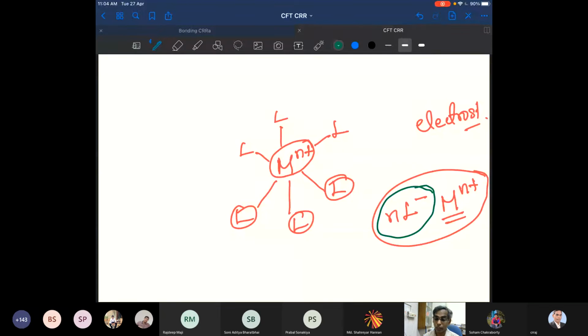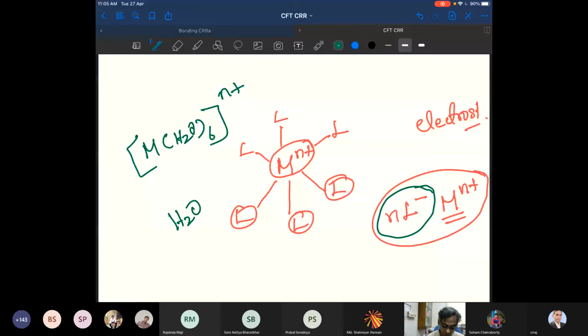Okay. So does it mean that all the metal complexes are electrostatically bound? We have molecules. We have metal complexes. Say for example, a metal hexaaqua complex, M(H2O)6 with n+. It is there already. That is, you have your metal hexaaqua complex. What is a neutral ligand? How can it have an electrostatic interaction? Yeah, what we will talk about is the dipole.